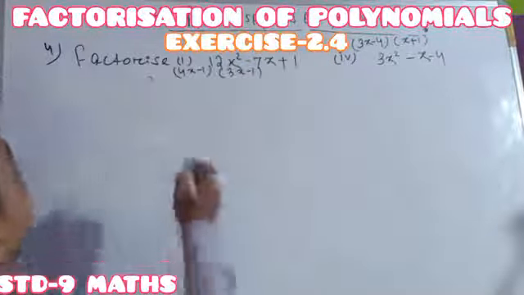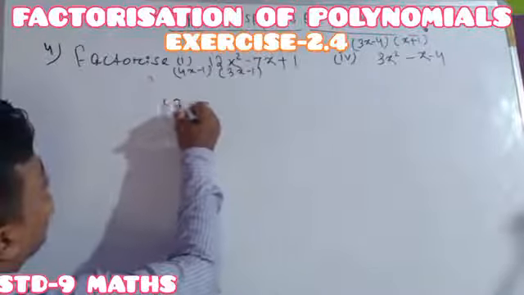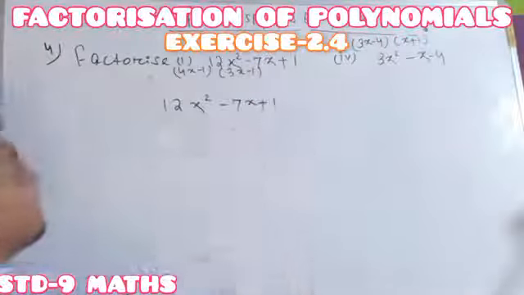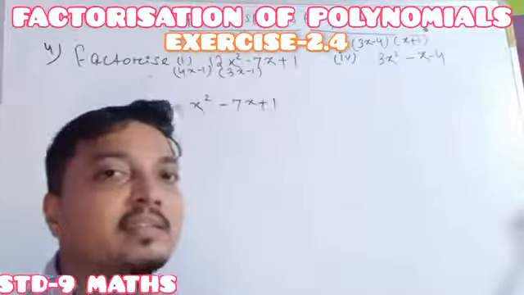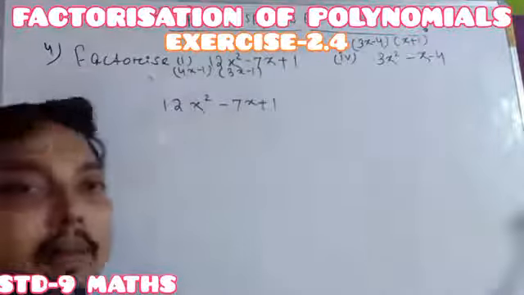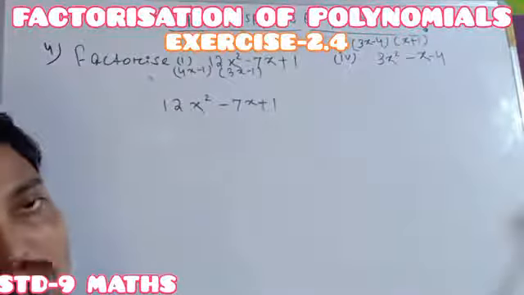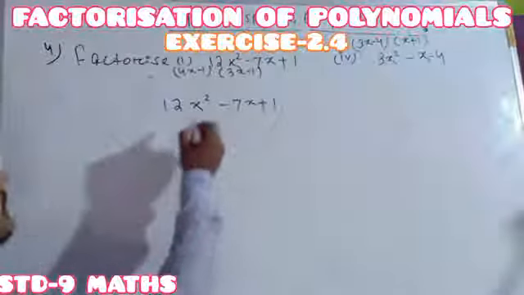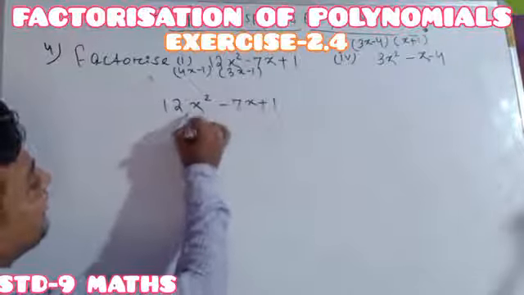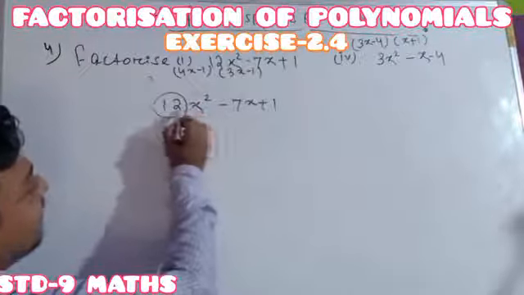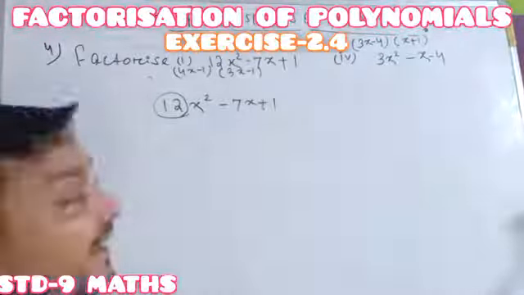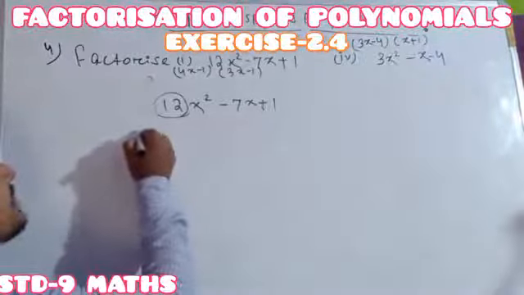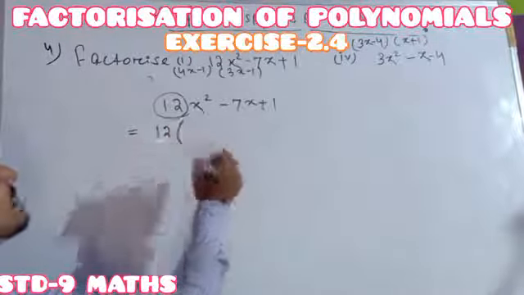See, whenever a quadratic polynomial is given just like this, 12x square minus 7x plus 1, actually, whenever the quadratic polynomial is given, it will always be better that you do it by splitting the middle term. Okay. Otherwise, the same thing I am showing you by using our factor theorem. Okay. Remember, whenever you get a question like this, and in the first term, instead of 1 you get any other number, always that number you have to take as the common. It means 12 I am taking as the common.